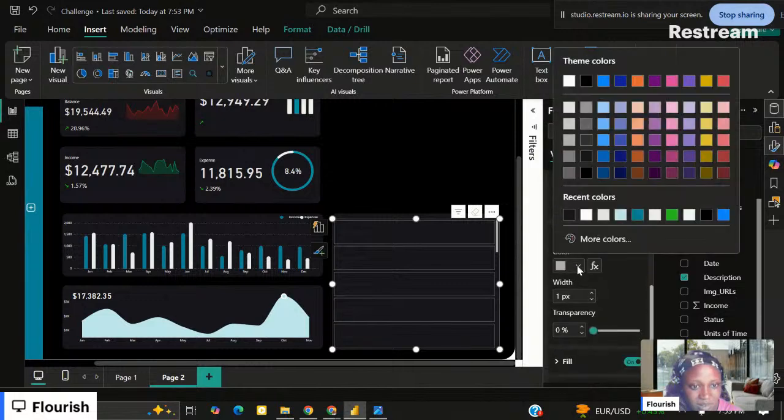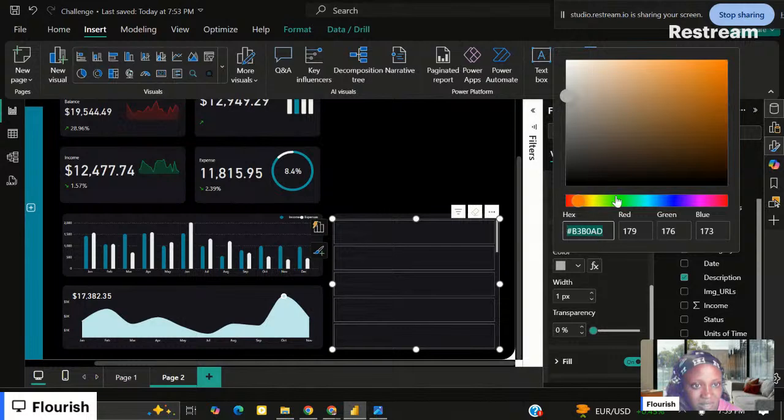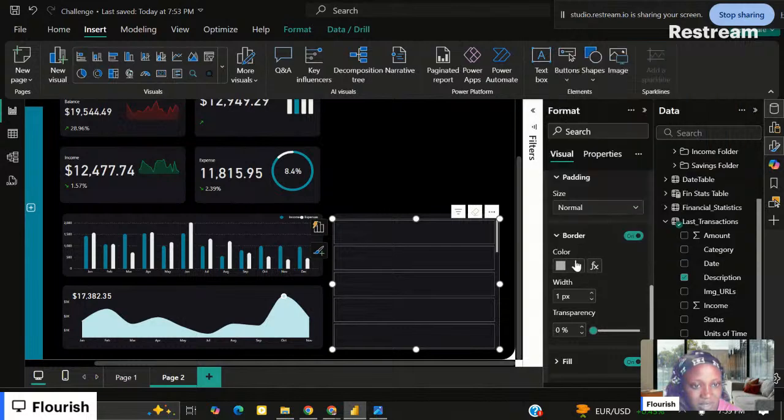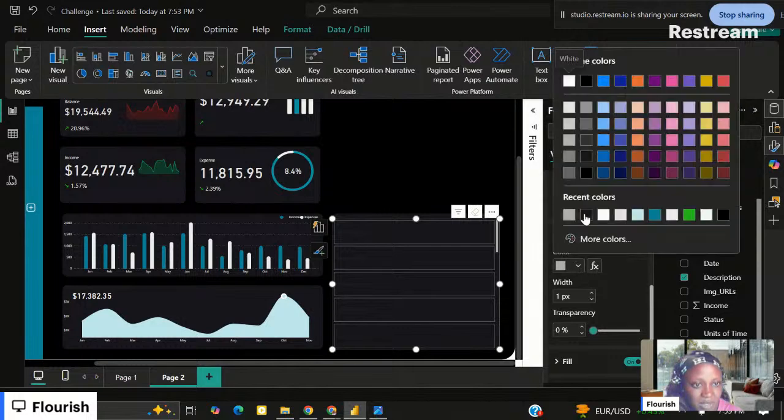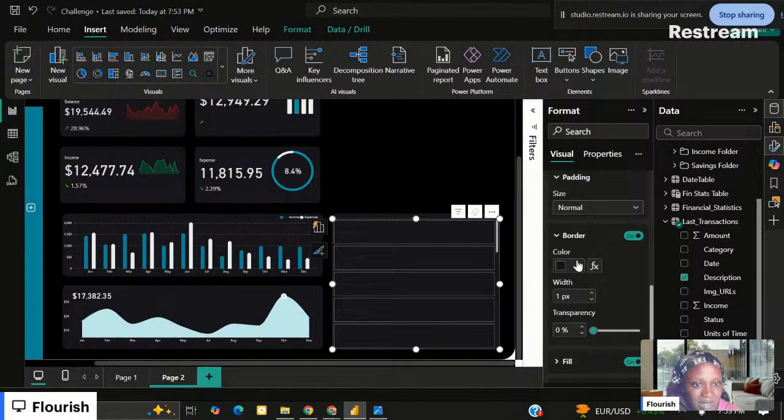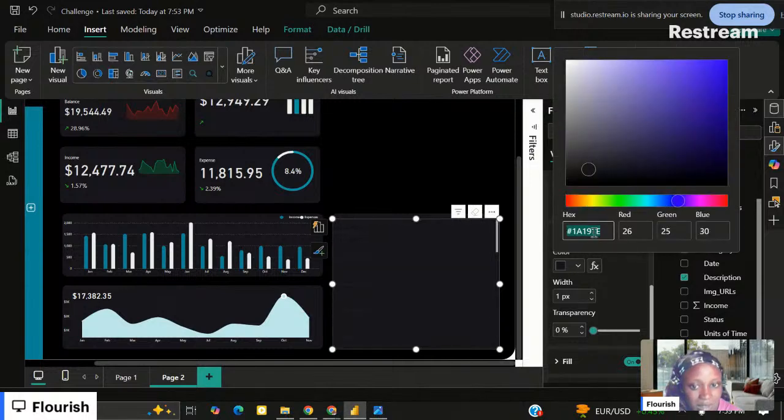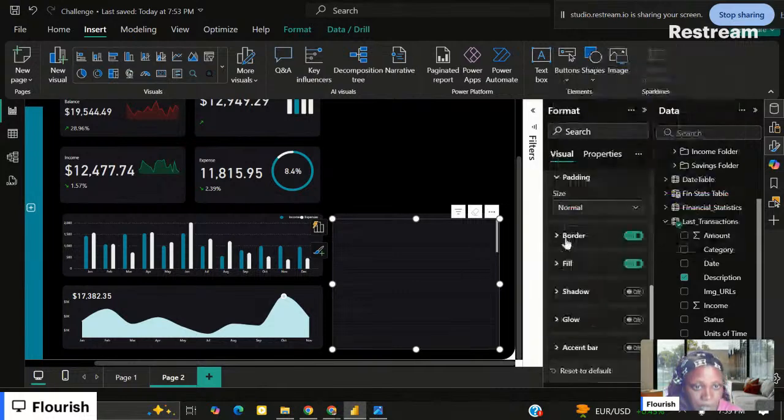And the border color should be, let me say, something a bit darker than this. Very good. I want something a bit darker. Now,